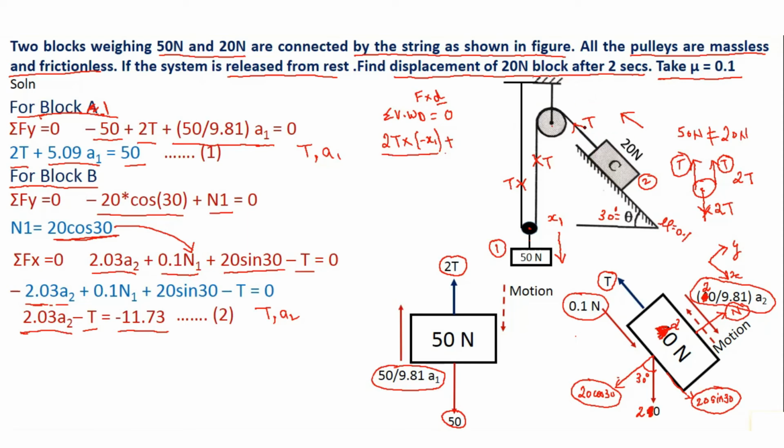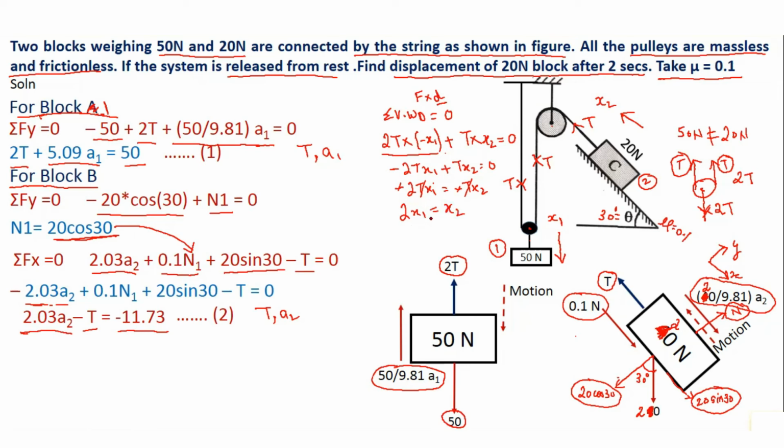So on this the force applied is T, so it will be T multiplied by, if this block goes down by x1, let us assume that this block goes up by x2. So it will be multiplied by x2 and this should be equal to 0. So what I will get from here? Minus 2T x1 plus T x2 is equal to 0. Or I will get minus 2T x1 is equal to minus T x2. T will get cancelled from both sides. Also minus will get cancelled from both sides. I will remain with 2x1 is equal to x2.